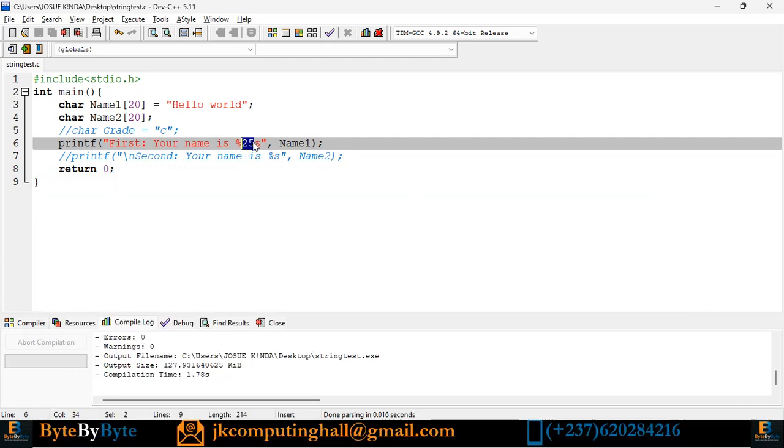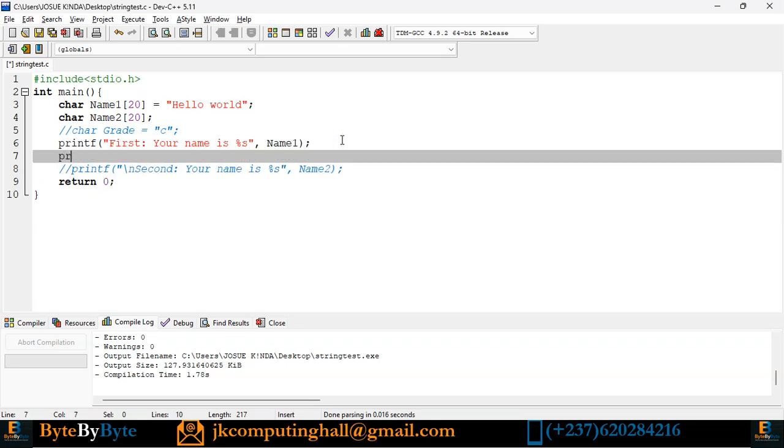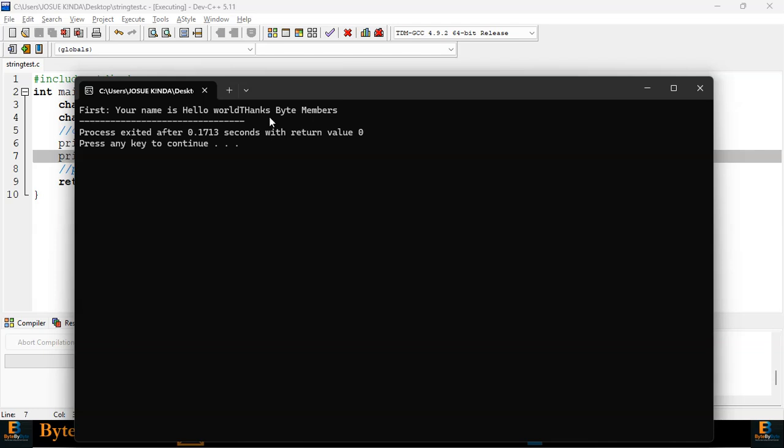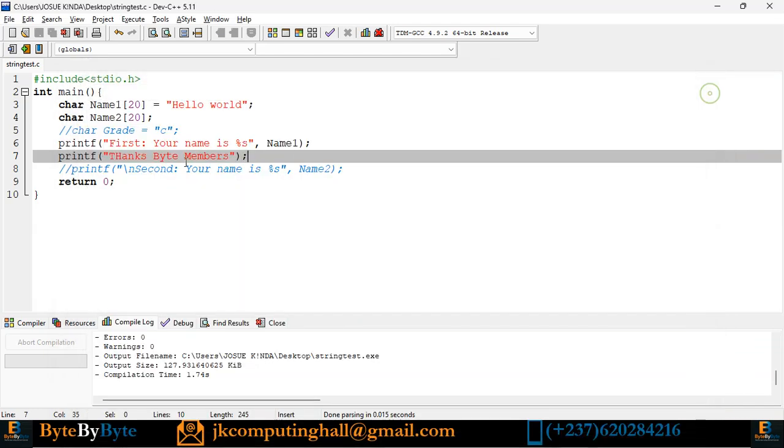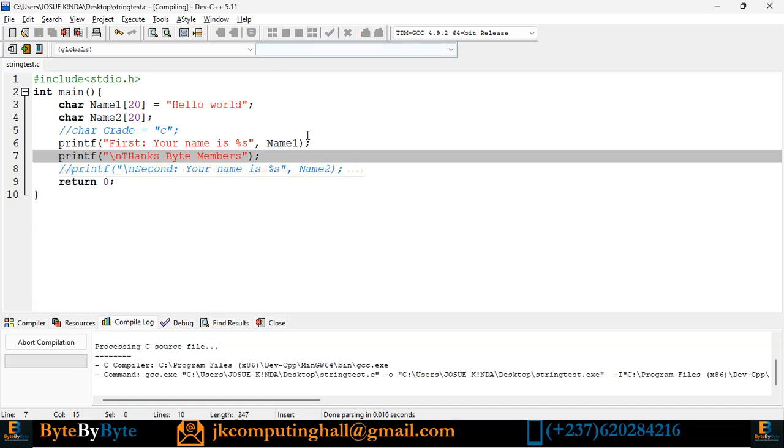So that is what we have, dear students. We also saw that printf by default, like we know since we started coding in C, does not put a default \n at the end. The proof: if I come and I say printf thanks by members, semicolon, as I am running, all of this is going to be on the same line. Your first name is hello thanks by members. I'm forced to come here and put a \n before it's going to be displayed,